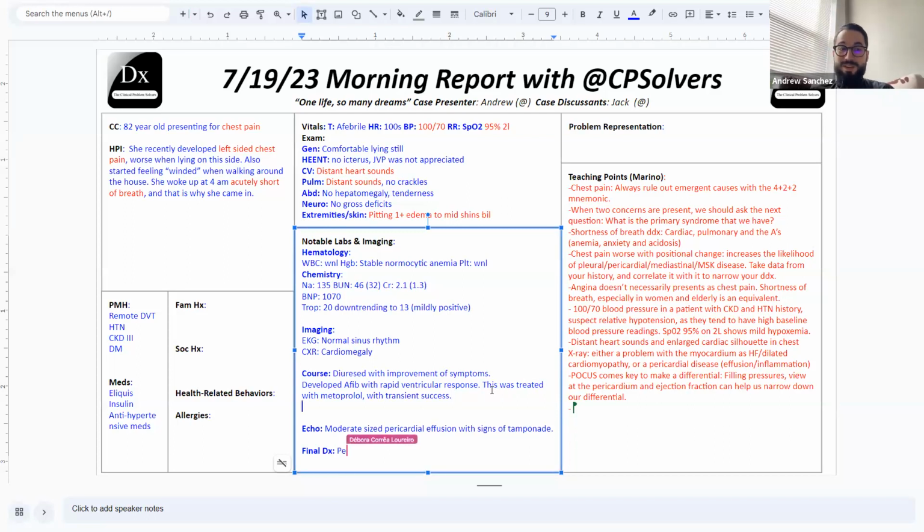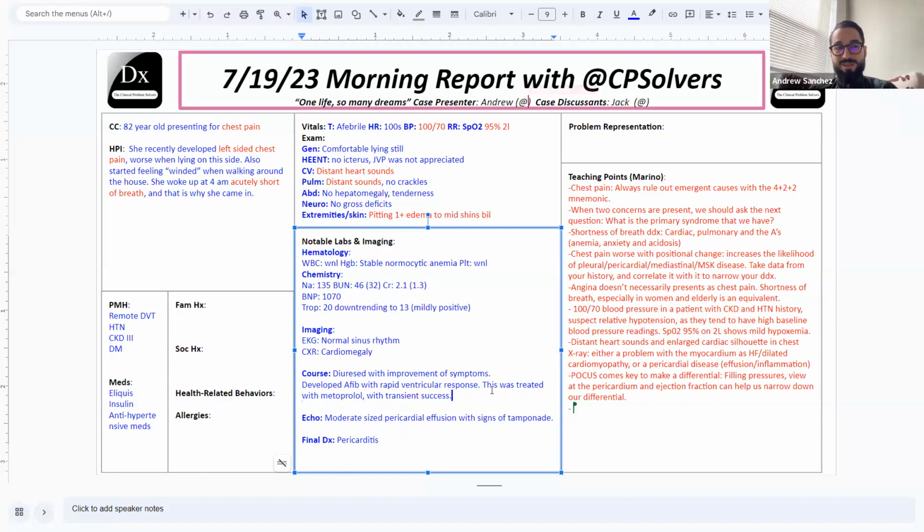But yeah, I'm never going to forget this case, because everything in retrospect seemed very obvious. It's weird. I think base rate can really trip you up, and I don't think about tamponade for new CHF. It's just not really something super high on my list. So yeah, those are just kind of my shotgun thoughts from this past week.